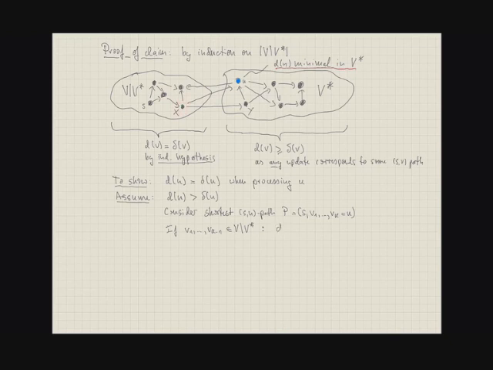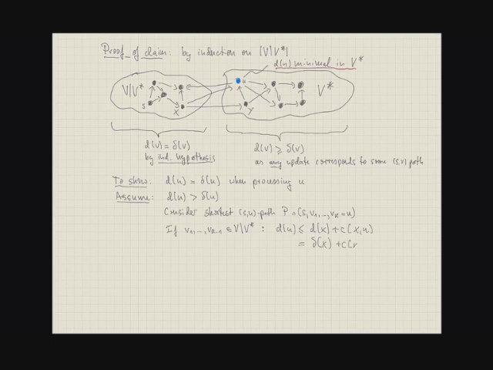D of U is at most, by the triangle inequality while relaxing this edge, D of X plus the cost of the corresponding arc from X to U. But because X was already processed, this is actually equal to the true shortest path length,